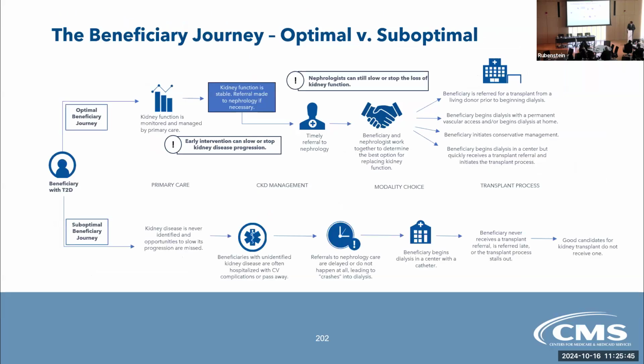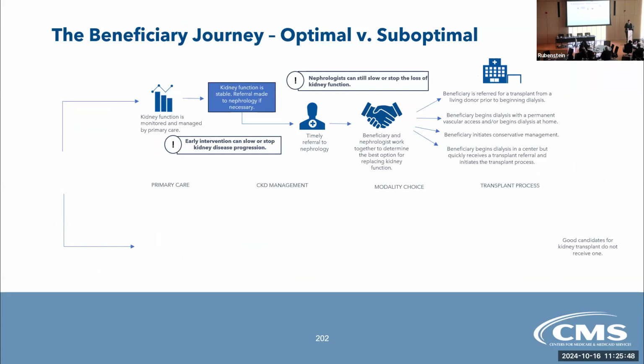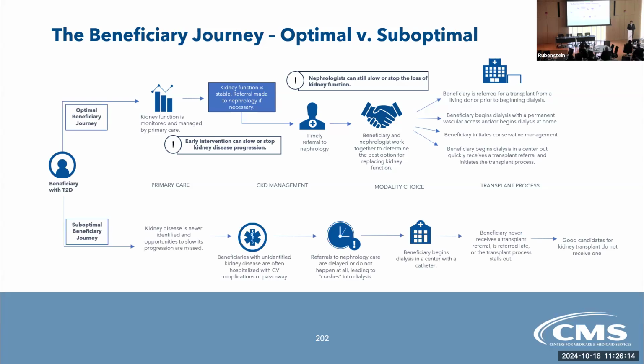So what I want to focus on, there's 2 slides here. So it's basically showing what is best for the beneficiary at each stage of the disease, because it's different. And I think I put this up front because this is important policy framing for what we're trying to do. So the goal is at each stage of the disease that the patient is getting the best care from the right provider at the right time that can help them with what their needs are and just make sure they're even getting the care that they're hoping for. So we have the optimal journey up top and the suboptimal one below.